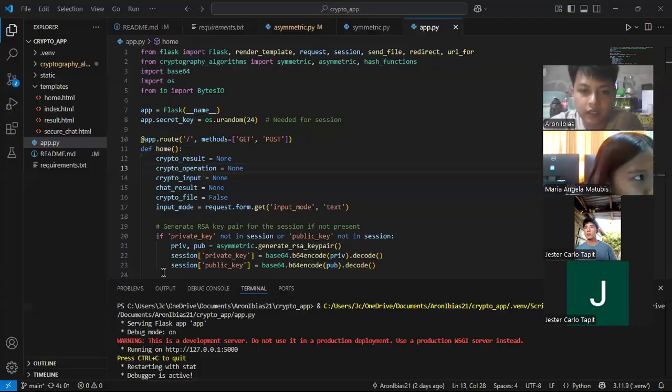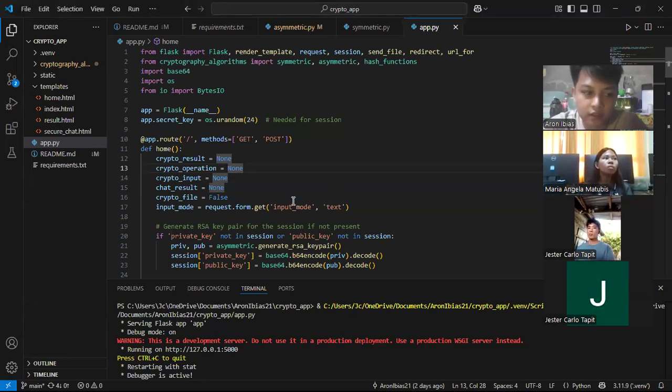Okay, thank you, Angela. And now, as you can see, we are here in Visual Studio Code. But before I discuss this, the application architecture and UI: first, for the backend, we utilize Python Flask, a lightweight web framework for server-side logic.